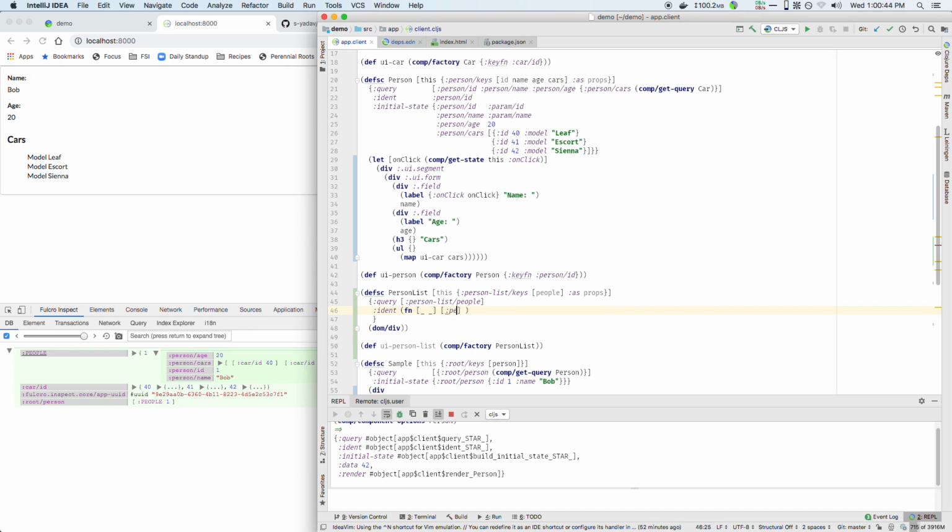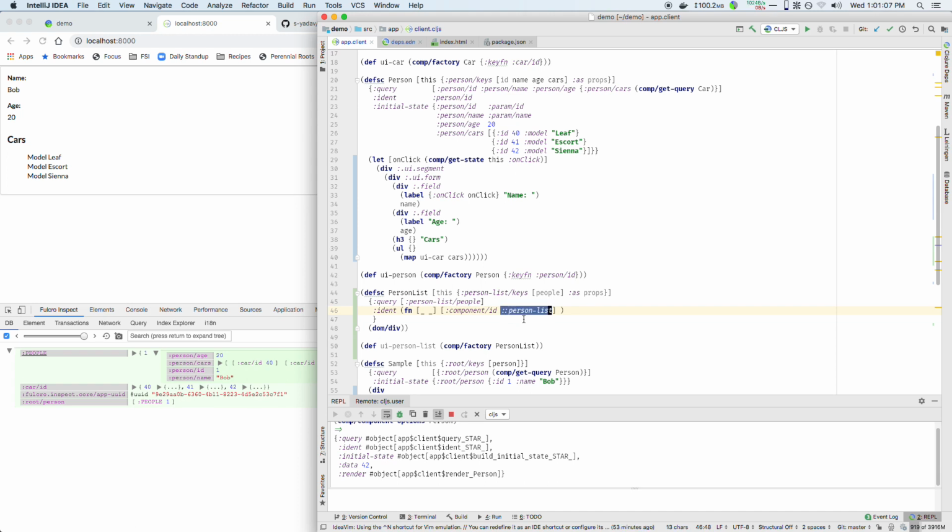So right, getting the person ID from props would be the boilerplate way of doing the person ident up above. And in this case, we're just going to make a constant one. We're going to say there's going to be some components that have IDs, and we're just going to make this one person list. If you're not used to the double-colon notation in Clojure yet, you should get used to it